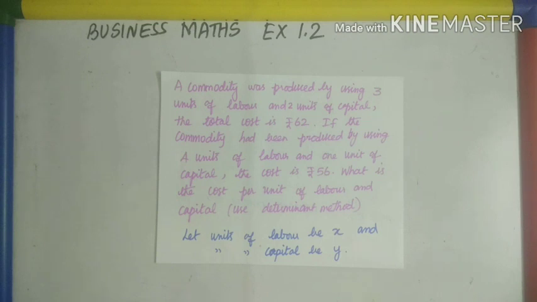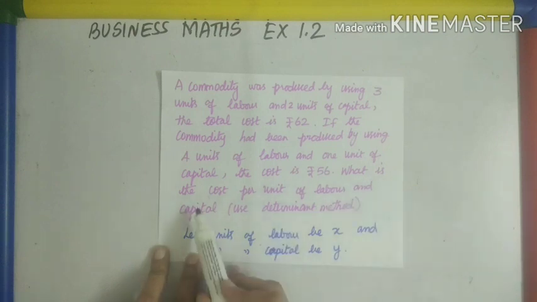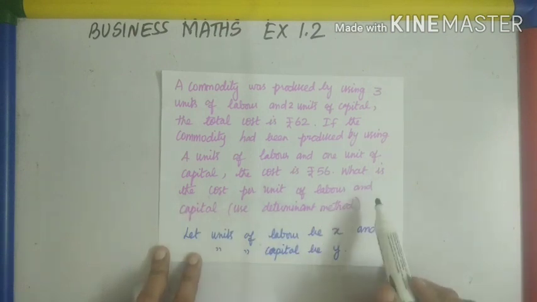Good morning, children. Today we are going to do some statement problems using the determinant method. Exercise 1.2. A commodity was introduced by using 3 units of labor and 2 units of capital. The total cost is rupees 62. Now, as I read the first statement and the last statement, what is the cost per unit of labor and